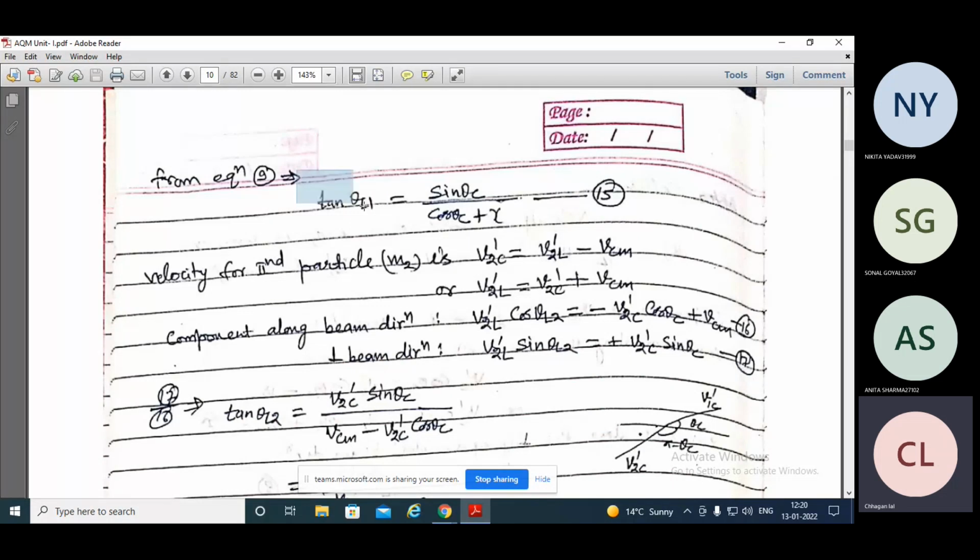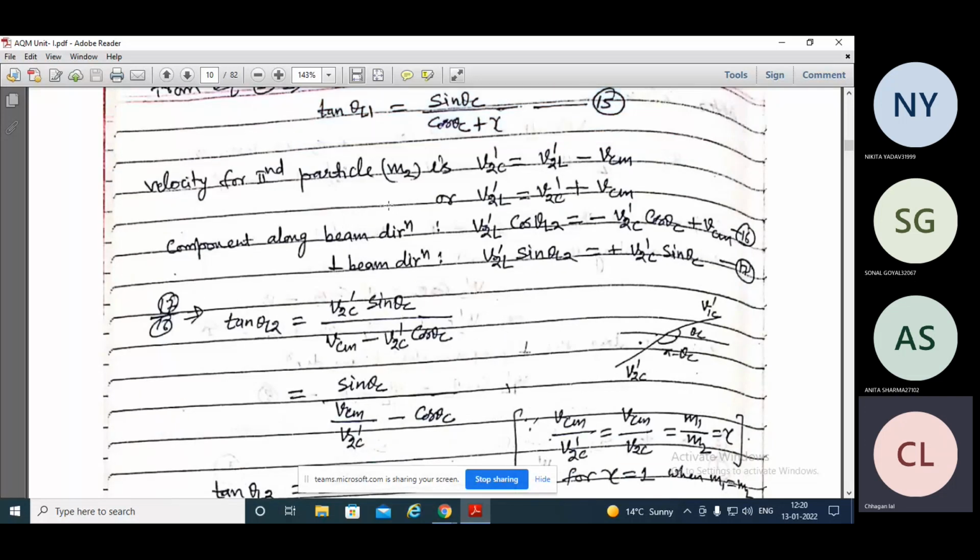This is equation number 16. Exactly the same thing you can calculate for the second particle also. So here for the second particle, velocity of